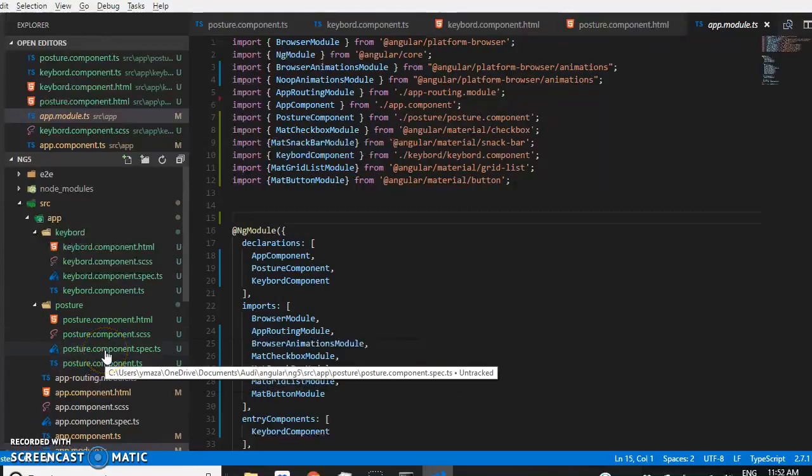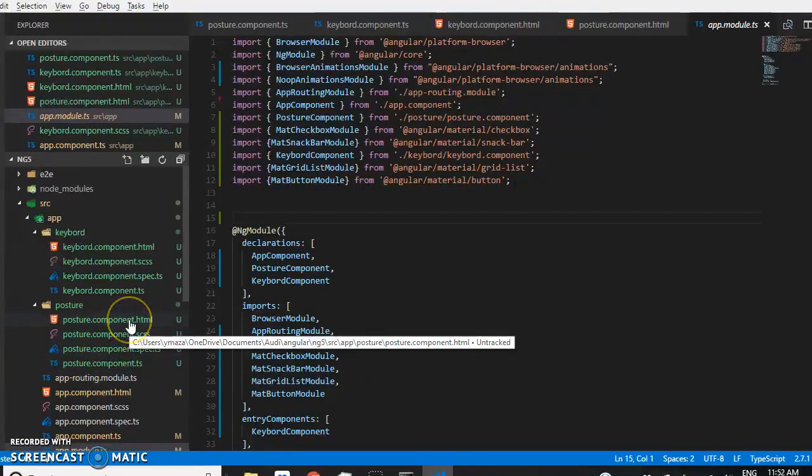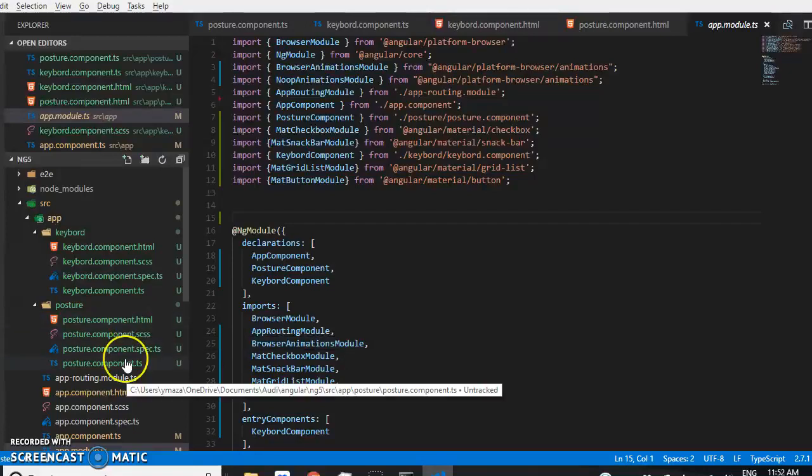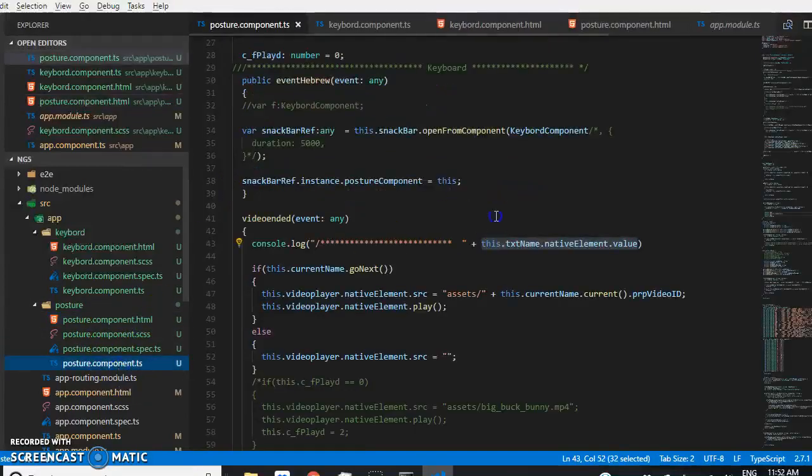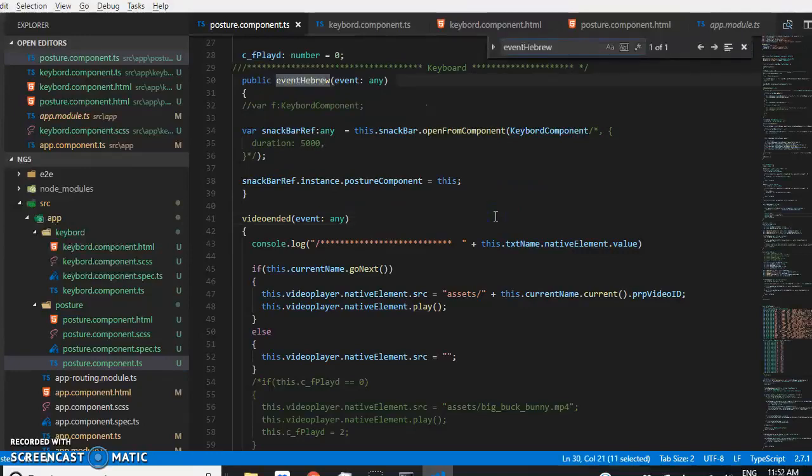In the main screen, there is a button somewhere that I put. So here you see the button, and the event of this button is an event handler. So let's go to the TypeScript, and then let's find it. It's right here. So in this event, I'm going to show the snack bar